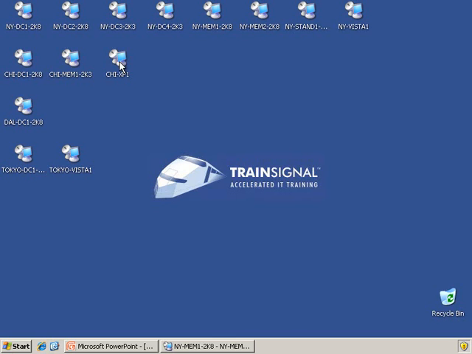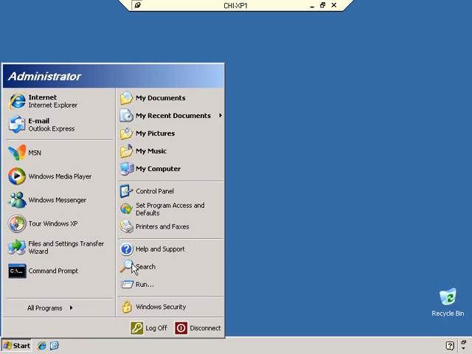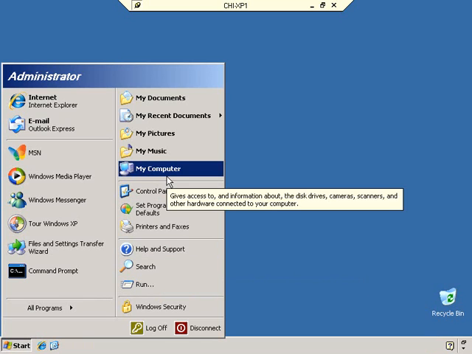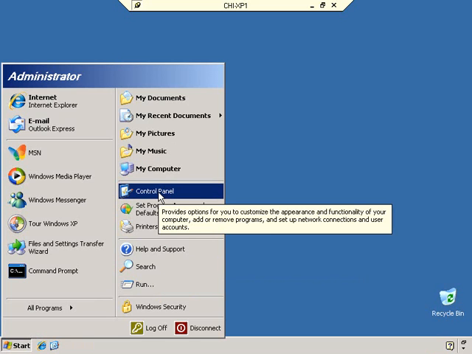So let's go ahead and connect to Chicago XP1. Alright, we're now logged into Chicago XP1, and what we want to do on Windows XP is click on Start. What I like to do is put network connections or network places on the Start menu, but you'll notice I don't have it here. So what we have to do is go into the Control Panel,